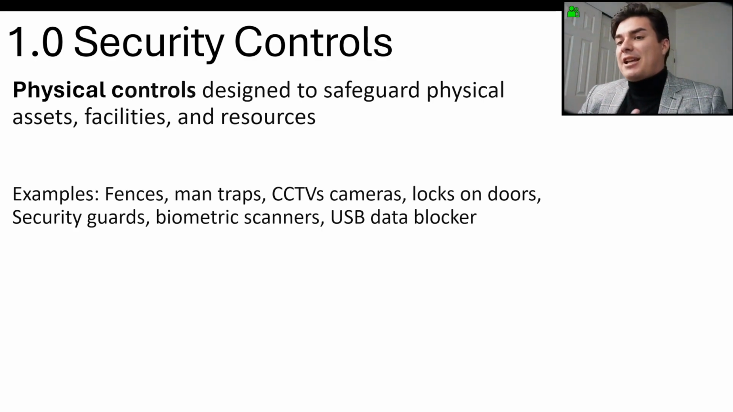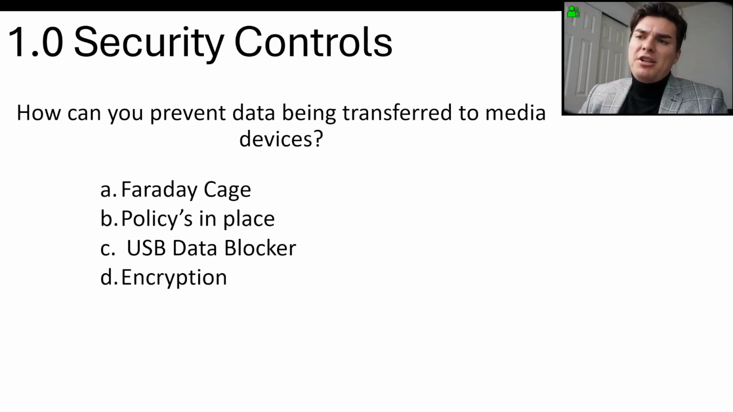So that could be an example of fences or man traps or cameras, locks on the doors, USB data blockers. Now, how can you prevent data from being transferred to media devices? Is it a Faraday cage? No, it's not. A Faraday cage typically goes around the server, and that protects it from EMI or electromagnetic